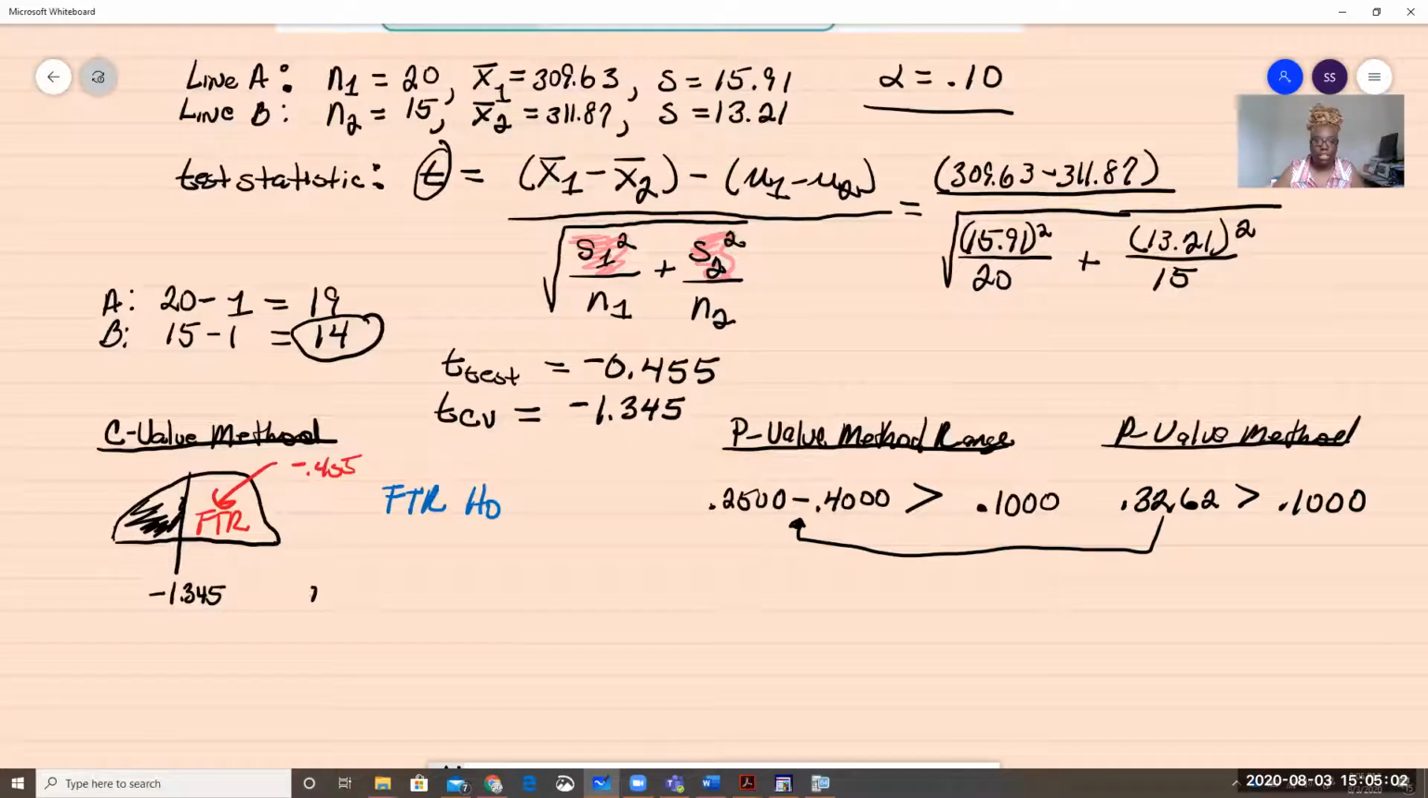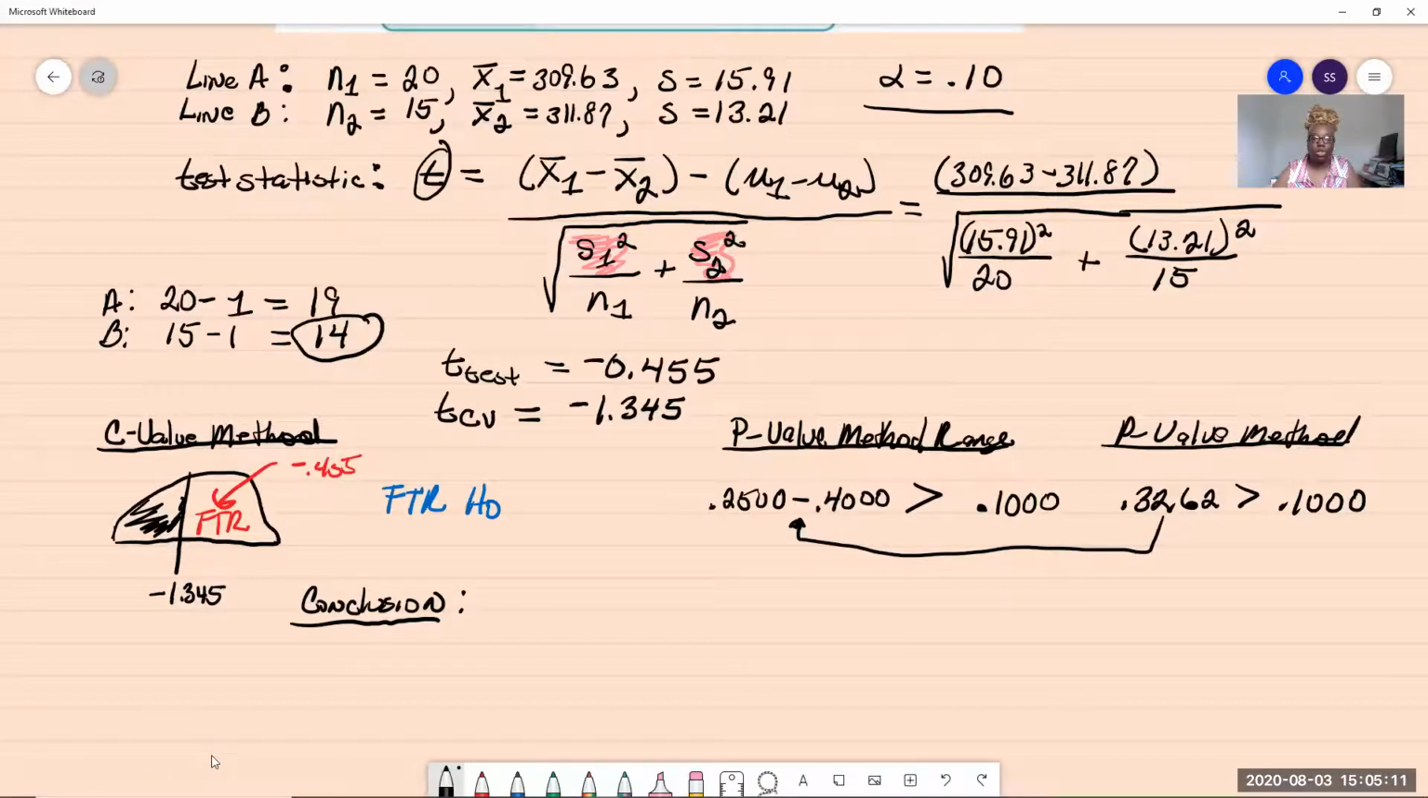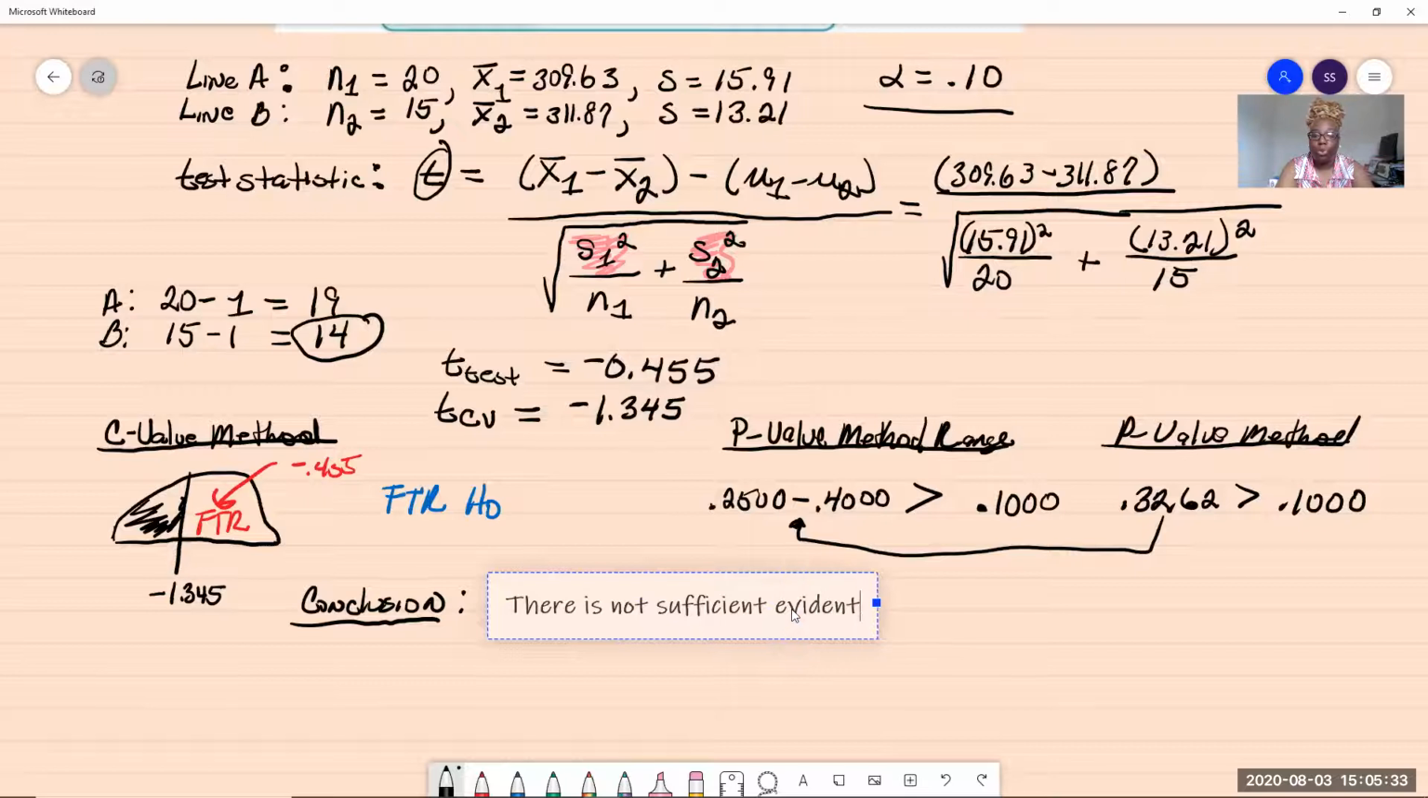So the final part is the conclusion. What is going to be our conclusion here? Well, let's see. We fail to reject. So do we have sufficient evidence? No, we don't have sufficient evidence. So there is not sufficient evidence to support the claim